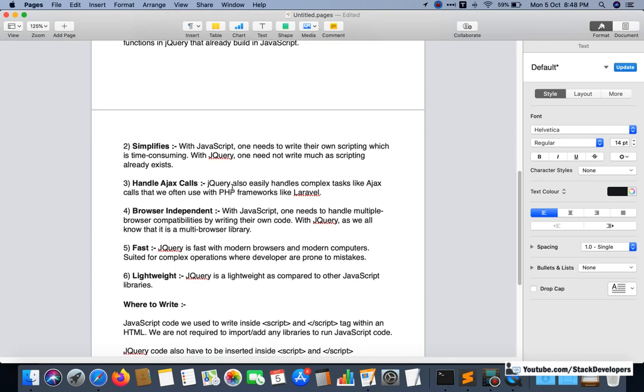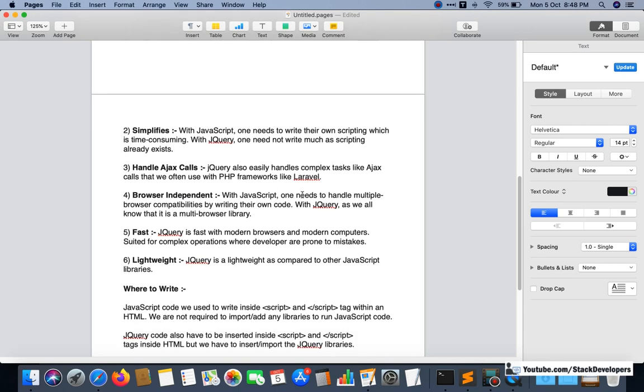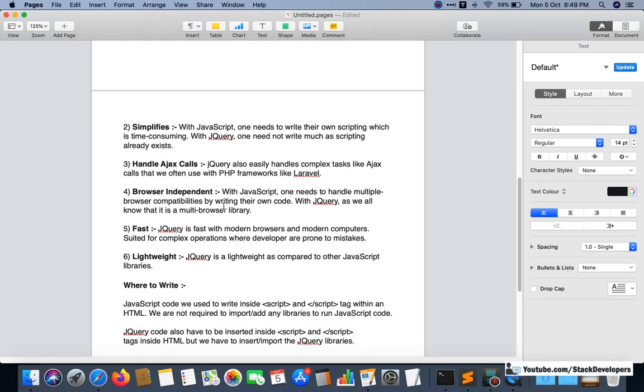JavaScript never handles Ajax calls, but jQuery does handle Ajax calls. Like in the Laravel series, we have seen many times that we use jQuery for calling Ajax. So it is really good for frameworks like Laravel. And jQuery is browser independent.